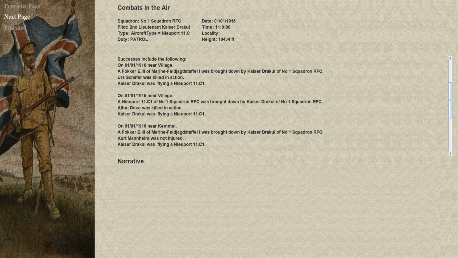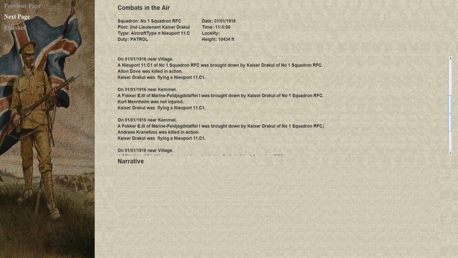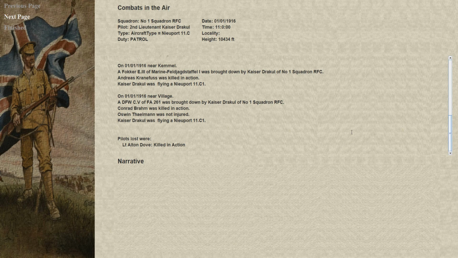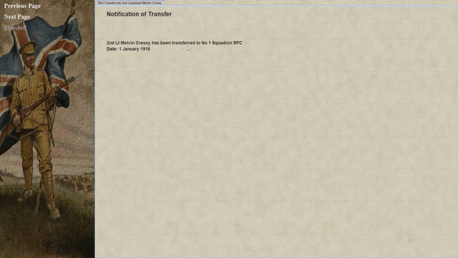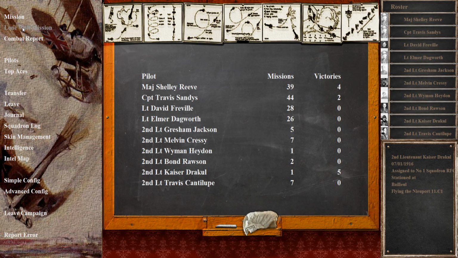Okay, we got a Fokker, a Newport, a Fokker. I'm interested to see what Pat Wilson's does with the fact that we shot down a Newport. Third Fokker, DFW. Yeah. What's going to happen? Has been killed in action. Transferred in. Got the wound stripe. Okay, so nothing happens. And they come from...